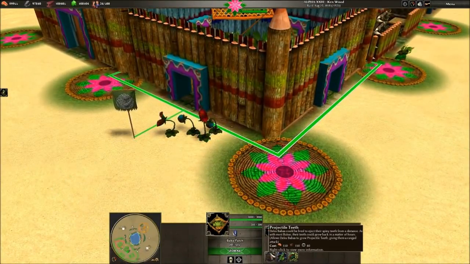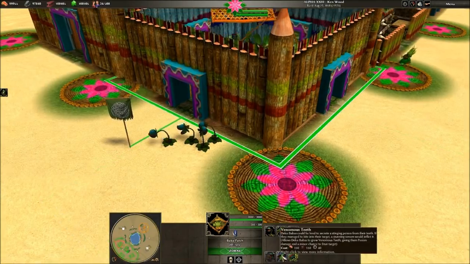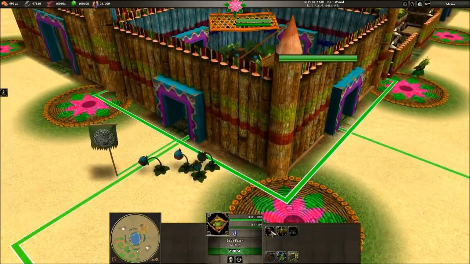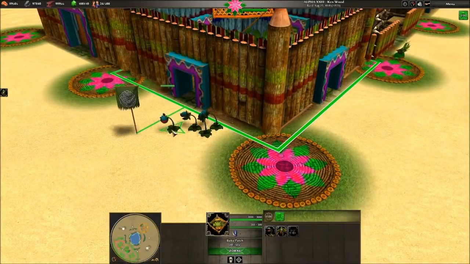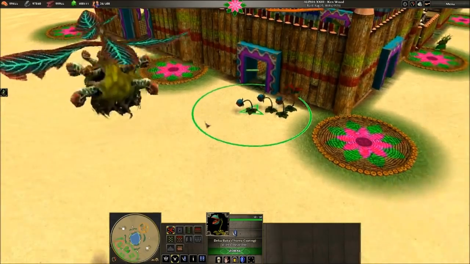You can upgrade them with projectile teeth, where it turns them into ranged units where they shoot out their teeth. You can upgrade them with venomous teeth, which poison damage isn't in the engine yet, but when it is added in, they will be able to deal poison damage. And you can also upgrade them with thorny coatings, which gives them an aura that passively damages enemies around them. So I'll research all those. And I'll upgrade this guy with the thorns. And now as you can see, he's got this...